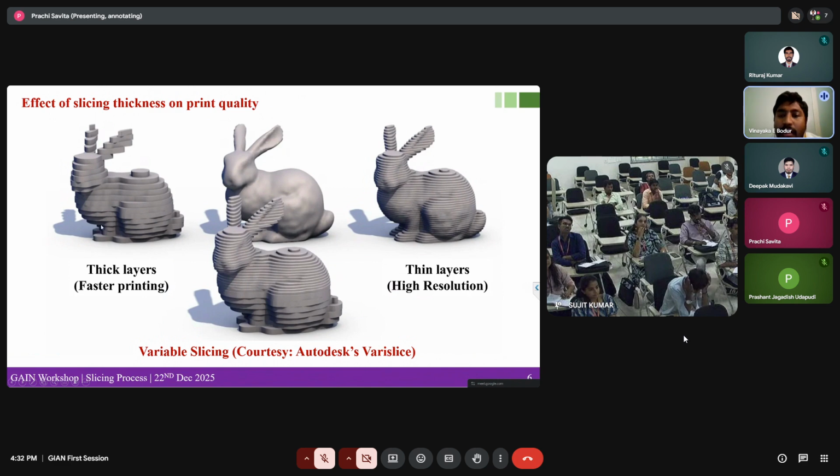If you see here, you can see how your print quality depends on the slicing thickness. If you slice it at a higher thickness, then you can observe how the print quality is. And if you check,